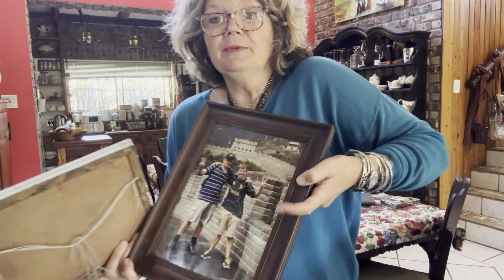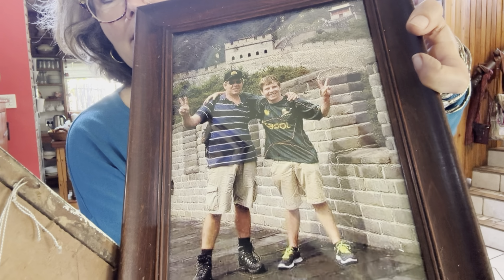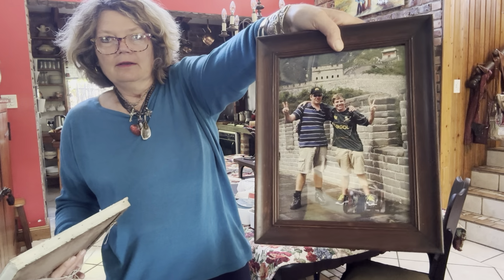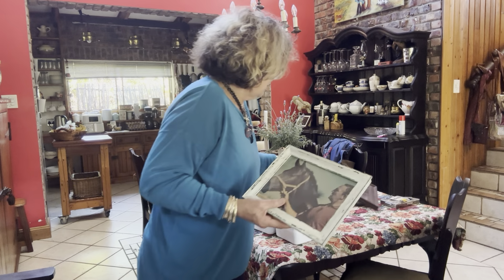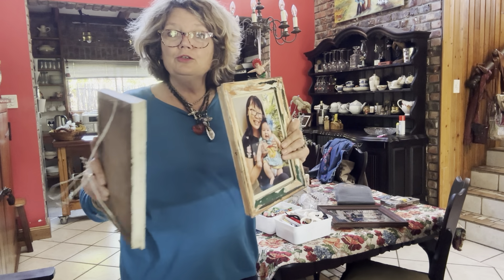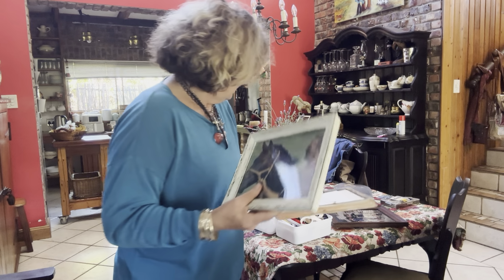This is my husband and my son when we went to visit them in China on the Great Wall. Oh, but isn't this a beautiful photo? But I mean, you only have one wall, and how many? So I'm going to take that out, put my dad in there, and then use these two frames for my